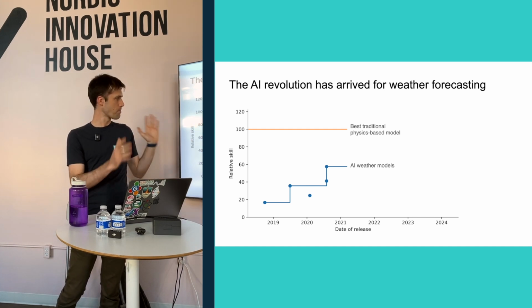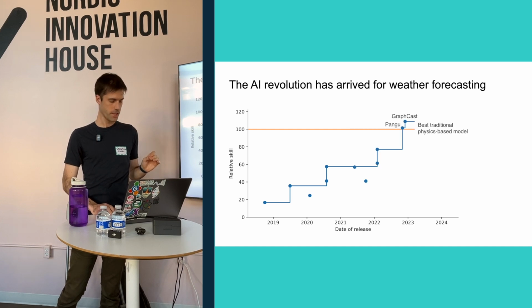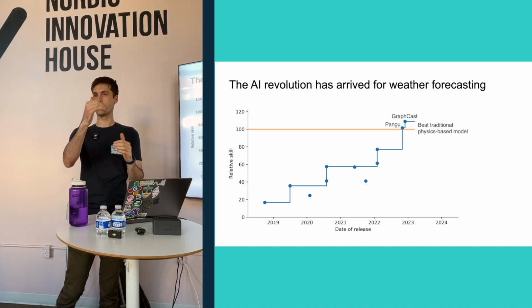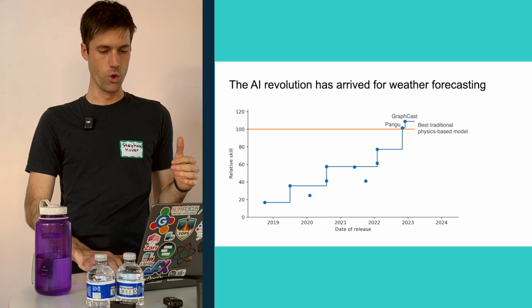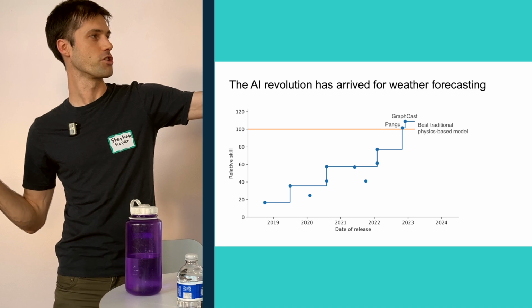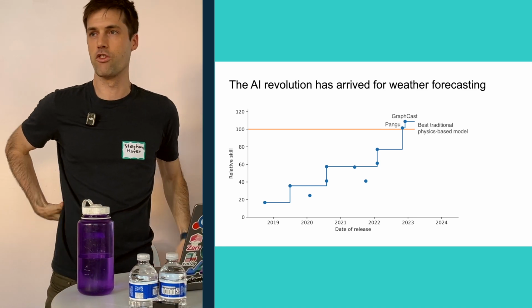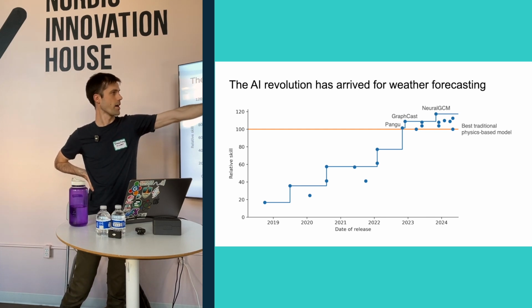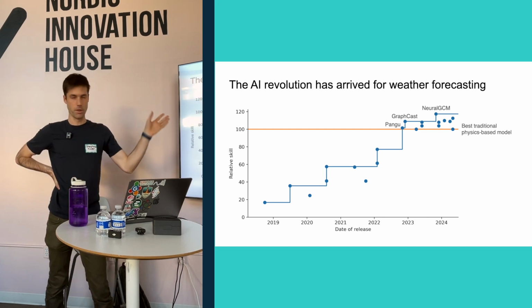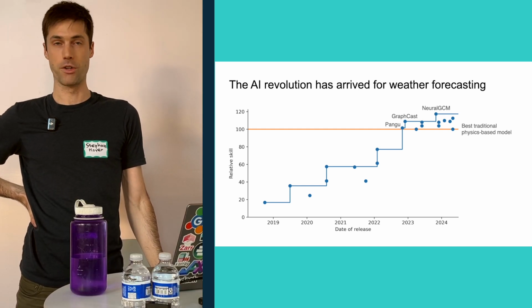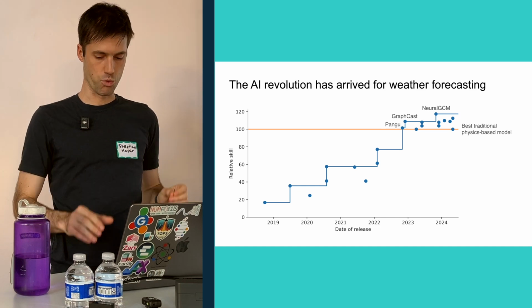Then over the past couple of years, there's been really dramatic progress. These models have been getting better and better. A couple of years ago, some models came out that finally hit the accuracy threshold of the best physics-based models, and it has only continued since then. Now there are probably a dozen or so models, different dots on there, released from different groups from NVIDIA and Microsoft. A few of these are from Google, GraphCast and NeuralGCM. And then a bunch of startups, and even traditional weather modeling agencies, have started building AI models. So suddenly it has just really exploded in interest.